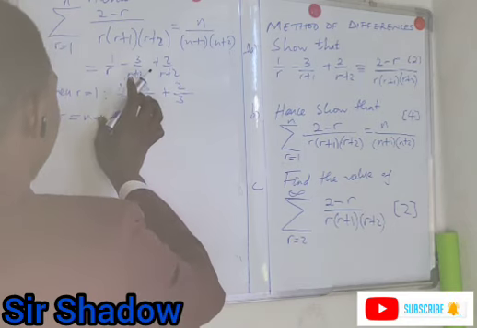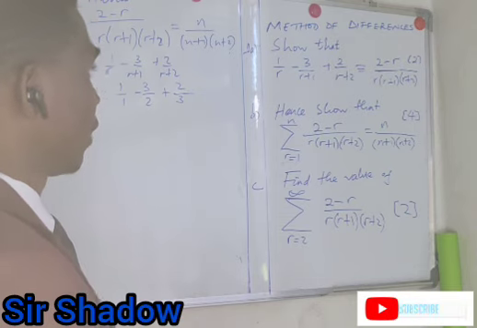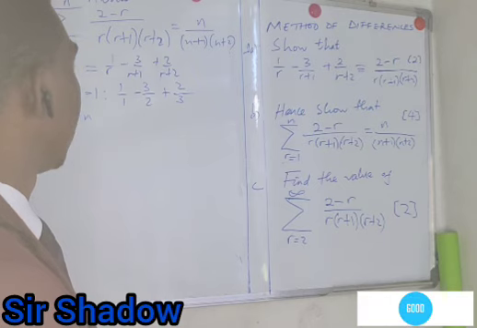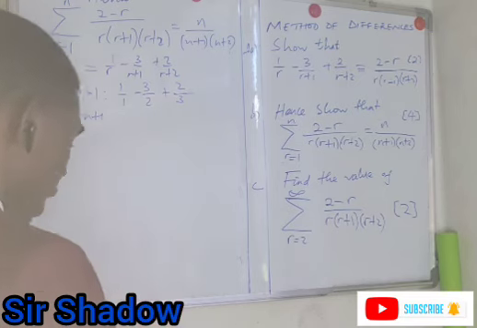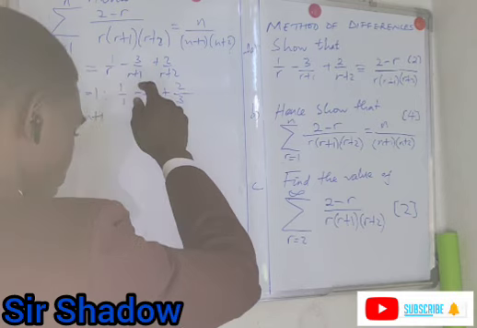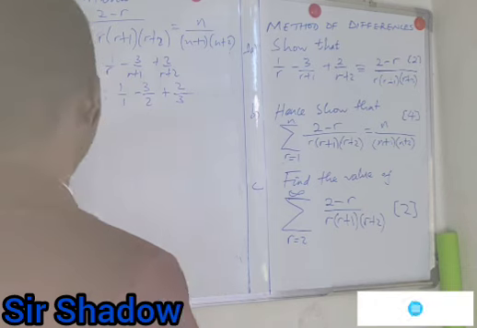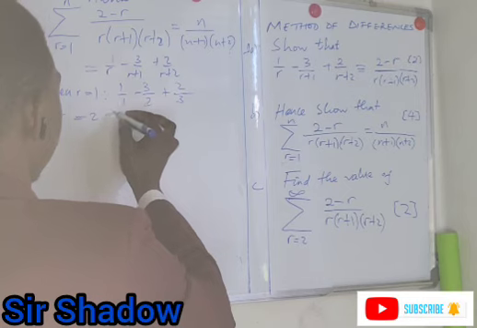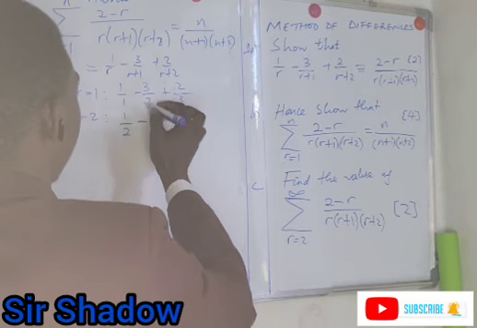Let's see when r is equals to 1. When r is equals to 1, then let's consider when r is equals to n plus 1. When r is equals to n plus 1, so substituting, like we might say, since when r is equals to 1, let's say r is equals to 2. When r is equals to 2, so we are saying 1 over 2 minus 3 over